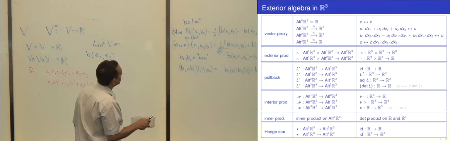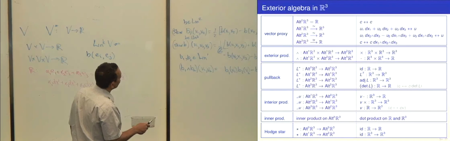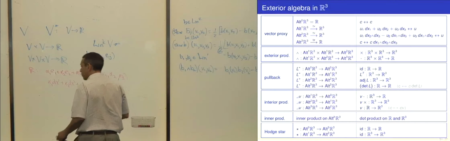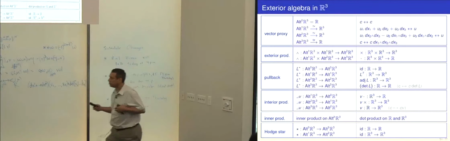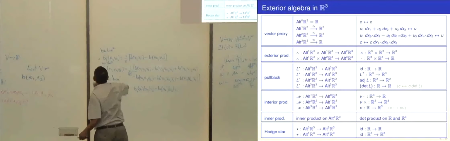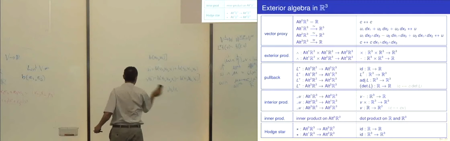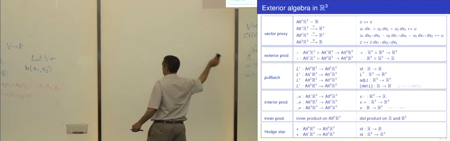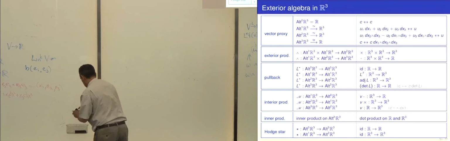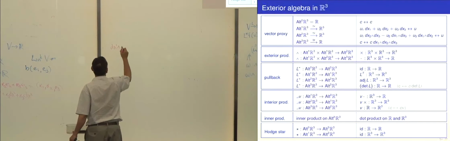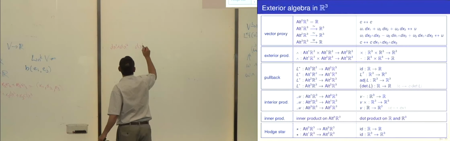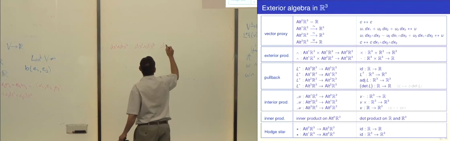Now, two forms in R3 can also be identified with vector fields. And that depends on the fact that it's R3 and not some other Rn. So there's two ways to think about this. They're both worth knowing. One is we could say, what are our basis elements for two forms? Well, there's dx1 dx2, dx1 dx3, and dx2 dx3.